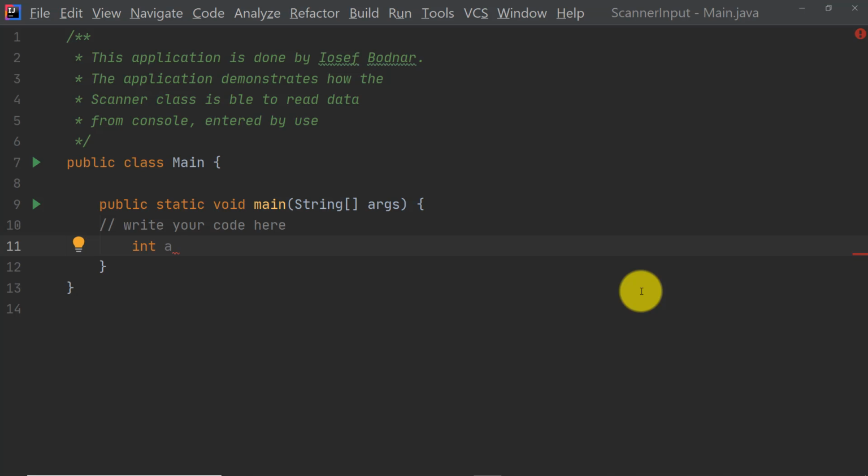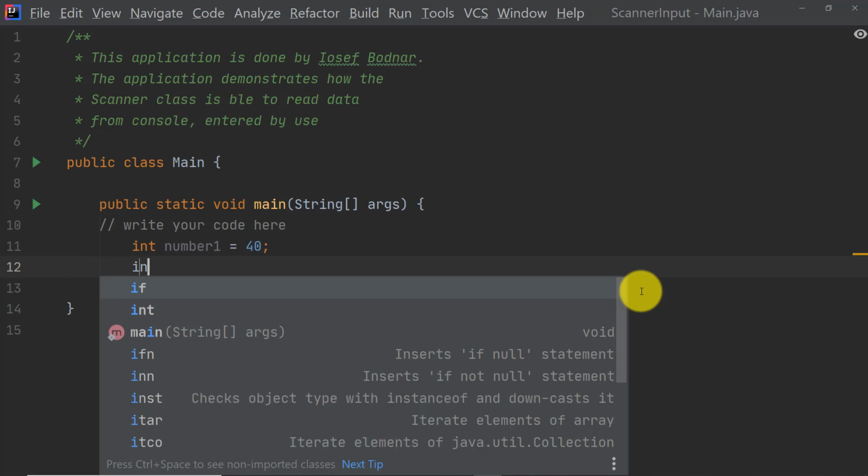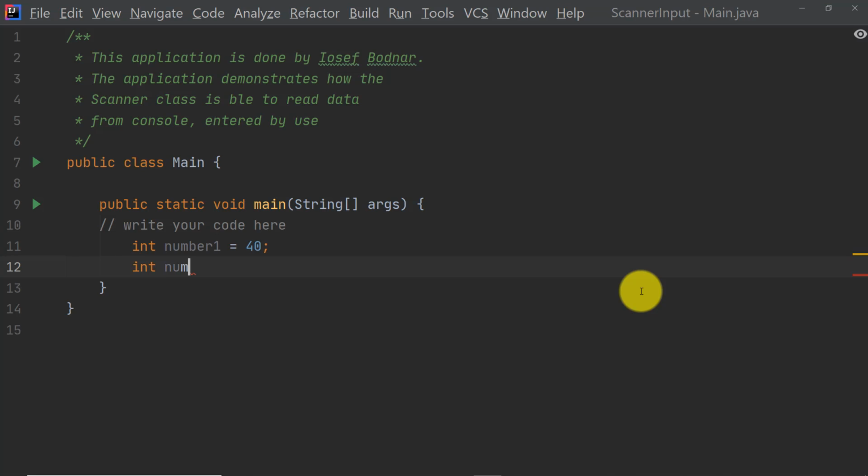Okay, so I'm going to name this int variable number1, and I'm going to initialize it with 40, for example, and another variable, again of type int, the name number2, initialized by 60, semicolon,